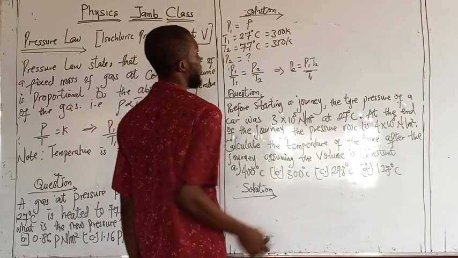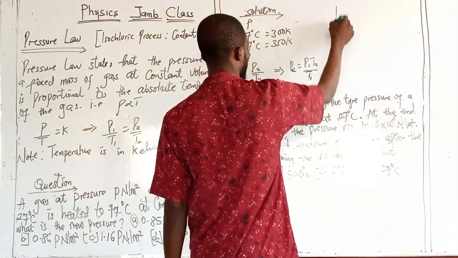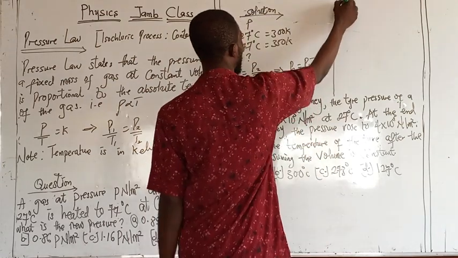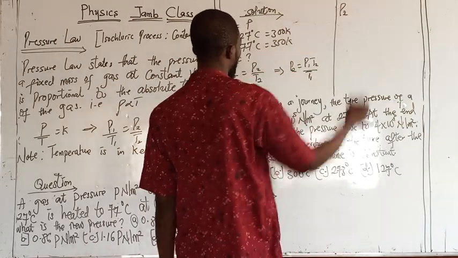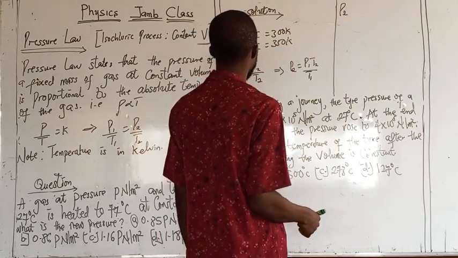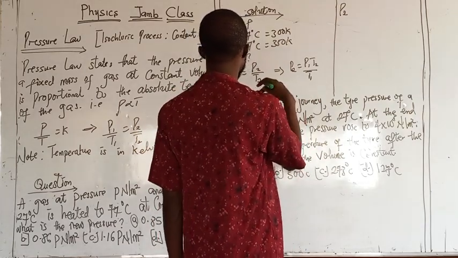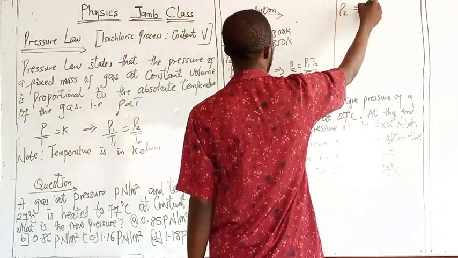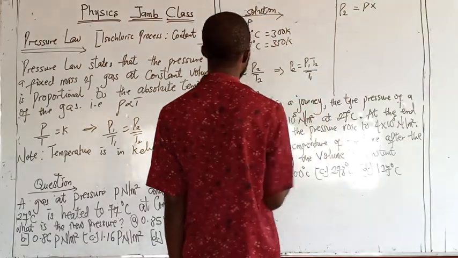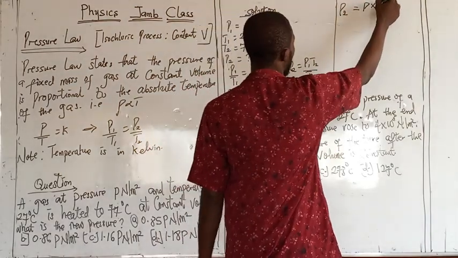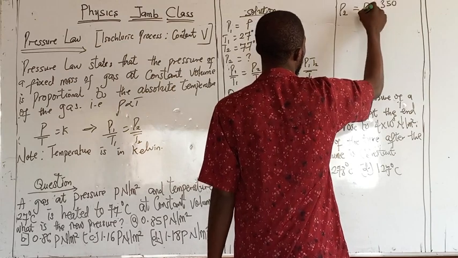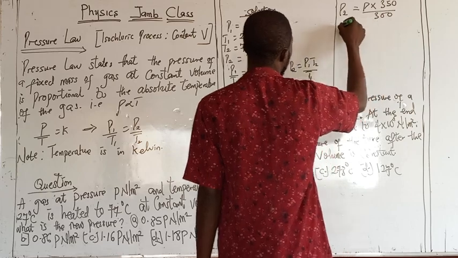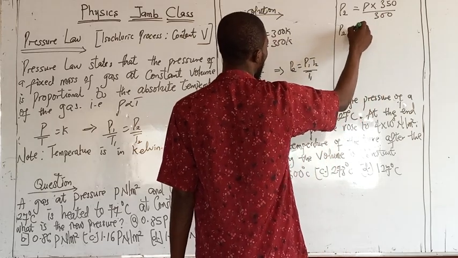So if that is the case, we are going to have P2 equal to P1, which is P, multiplied by T2, 350 Kelvin, divided by T1, 300 Kelvin. When you do this, you're going to have approximately